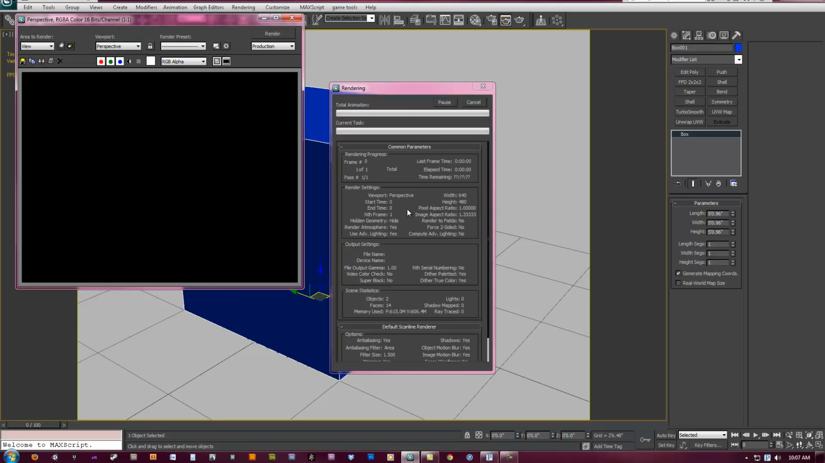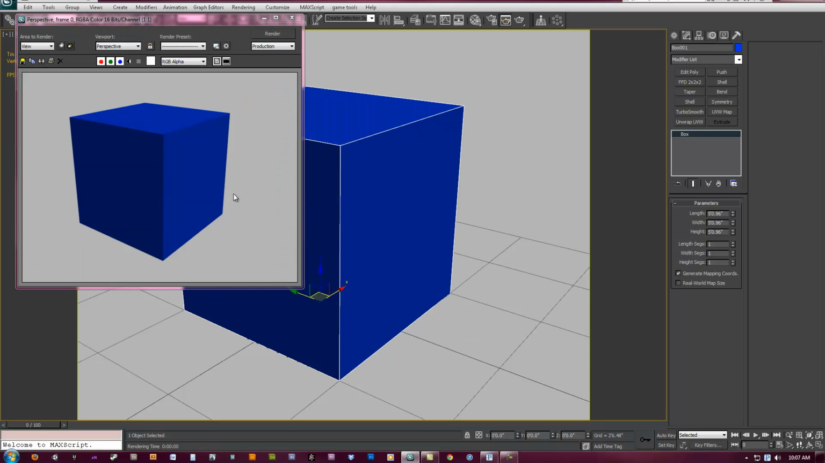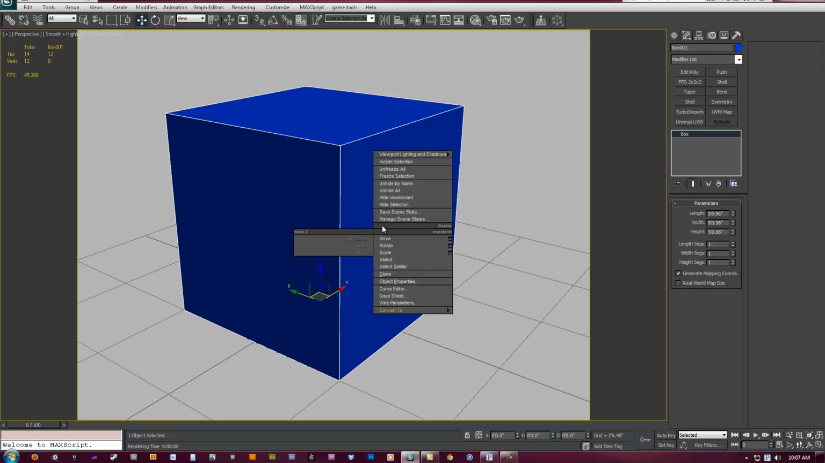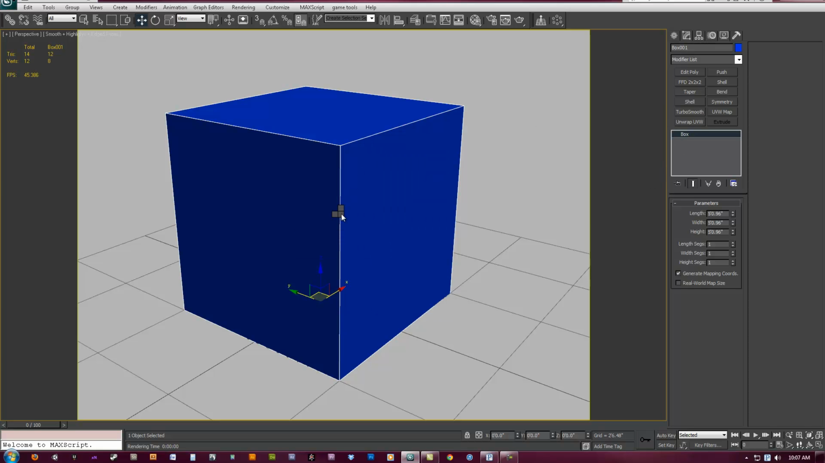You can hit Shift Q or F9 to do your render. Alright, looks kind of whatever. So I'll go ahead and right click with this box selected. You want to right click it and then convert to edit poly